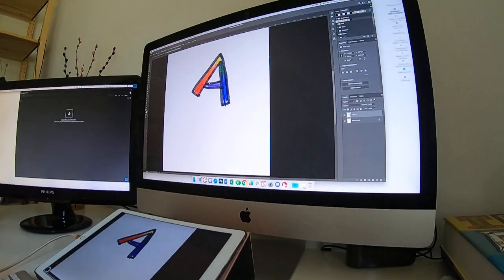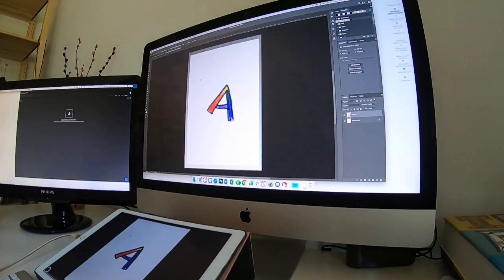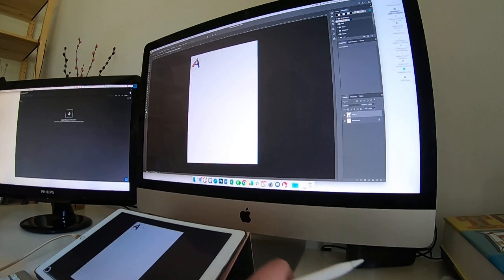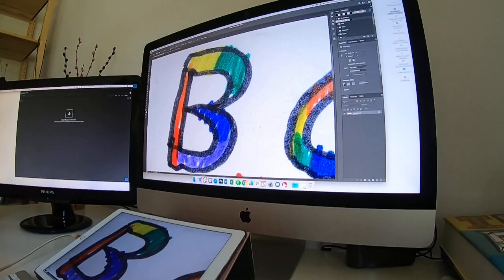So as with my other one, I'm just gonna make this a smart object while I'm at it, so I can actually resize it, because for the font it needs to be big, but later I probably want to work with these a bit. So let's see, there's an A. I made it a smart object, so a bit later. So let's just cut this out. And while I'm at it,